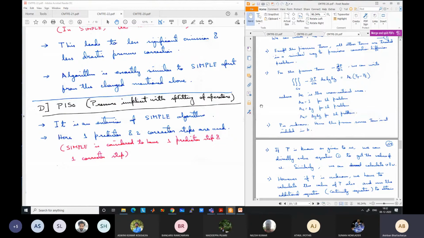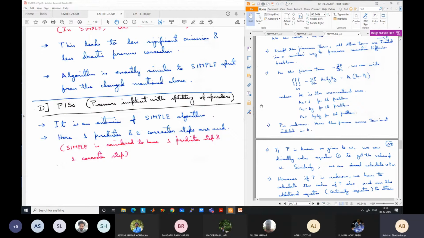In one update we are going some distance towards the correct value. By adding another correction step, we can go further towards the correct value. Obviously one iteration will take more time because you have to do more calculation. However, it will lead to far fewer iterations to solve the problem. So in a single time step, convergence will be much faster. Let us see the algorithm for this.